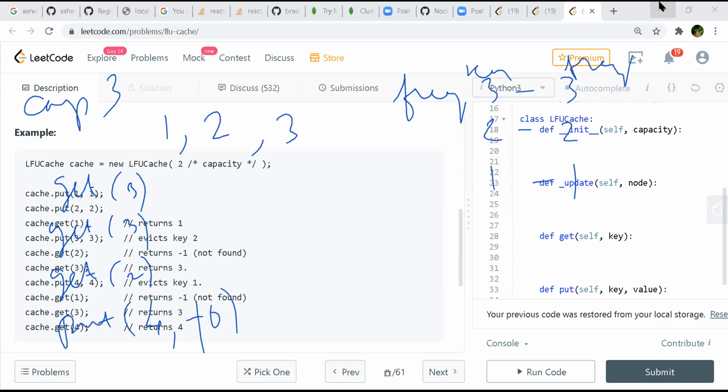So in this case, how do we handle it? As per me, what we will do is go to this frequency map and try to find out which is the least frequent. Here I find 1 is the least frequent one. So I will evict this guy completely, as well as remove it from this one. Then I will make an entry for this, my 4, and now this value will be 1.